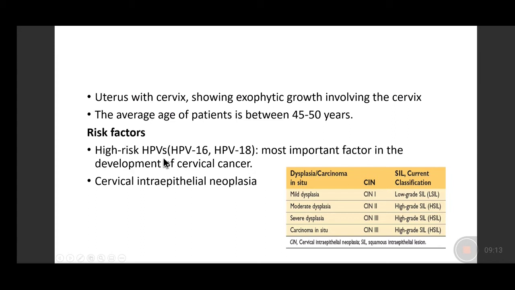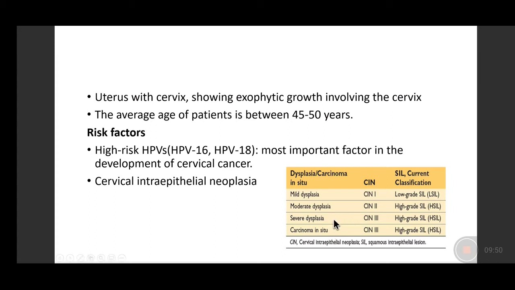And apart from the HPV infection, the CINs, or the cervical intraepithelial neoplasia, are also the pre-malignant lesions leading on to cervical carcinomas. Now, CINs are classified depending upon the epithelium involvement. So if the dysplasia is mild, moderate, or severe depends upon whether it is present in the lower 1/3 or up to the lower 2/3 of the epithelium, that will be moderate dysplasia. And in severe dysplasia, more than 2/3 of the epithelium is dysplastic.